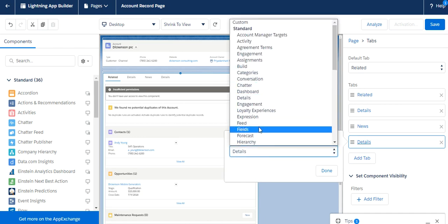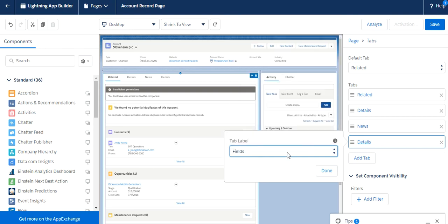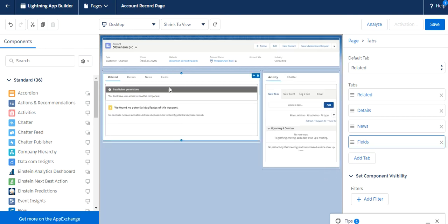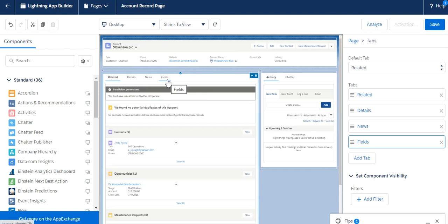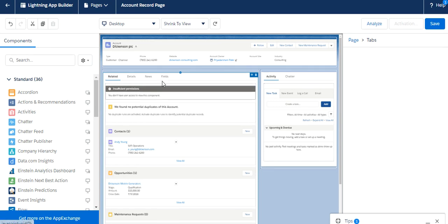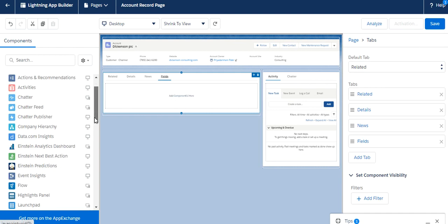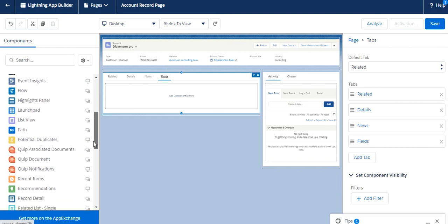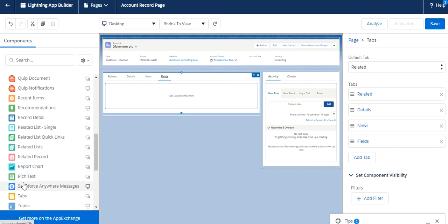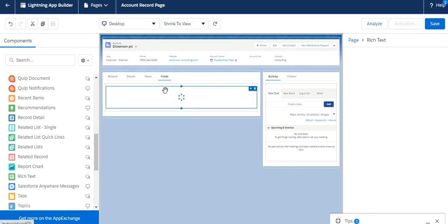Let's suppose I want to add a field. So we can select the field and click on Done. So our new tab has been added here. Now we have to add a component here. So let's add a component in this section, and I'm going to add this rich text area.